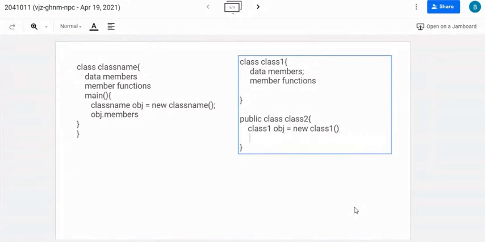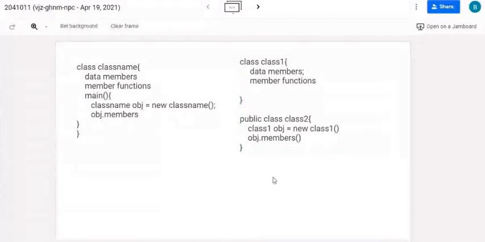Then we will call the member function of class 1, so obj dot members. Either we can call the data members or the member functions. Correct? Yes, sir. These are the general format that we discussed in the last class, how we can use multiple classes inside a single file.